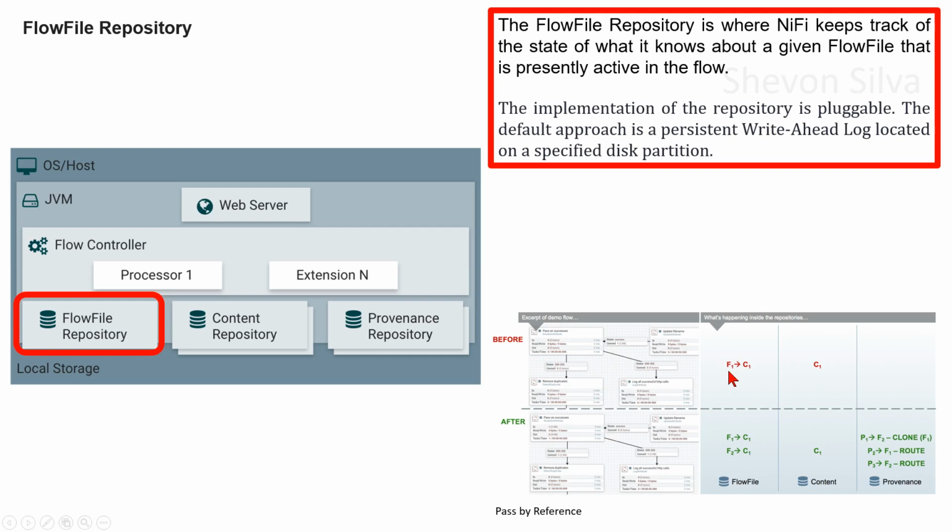in before, F1 is connected to F. Basically, F1 is pointing to C1 in FlowFile, and here in the content you can see C1, and